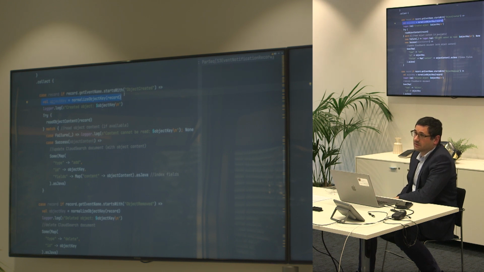Our key in the record is just the file name. It can be more complex. We need to normalize it. I'm just removing all the non-ASCII characters and all the white space for that. Here